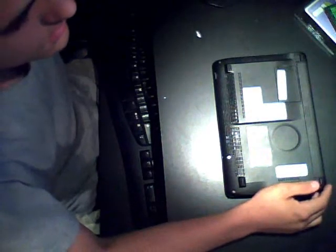We will be installing DDR2, PC5300, 1GB of RAM. This is the maximum it can accept. So, I've already prepared my desk. Here is the wonderful laptop. And we shall begin. First, we must remove